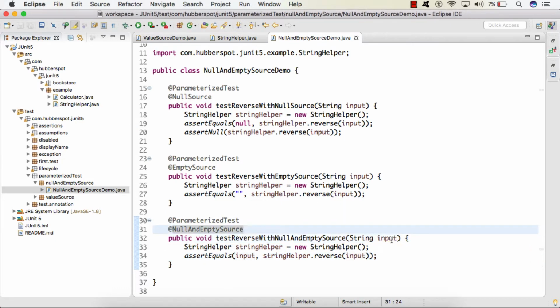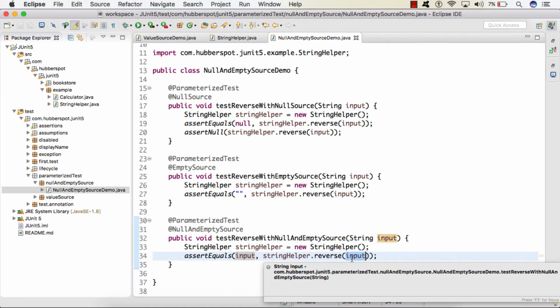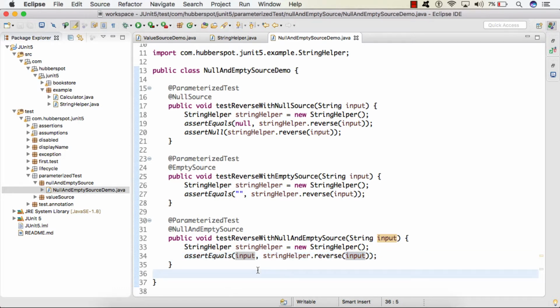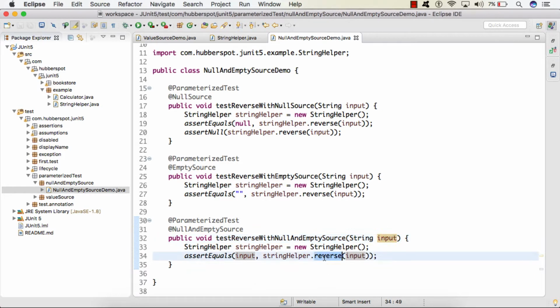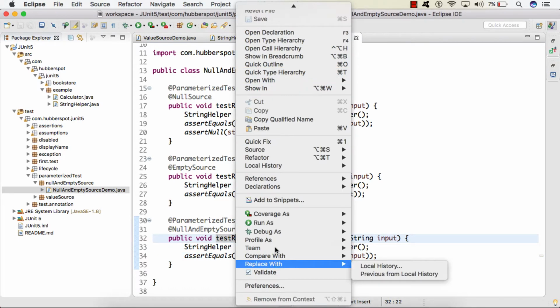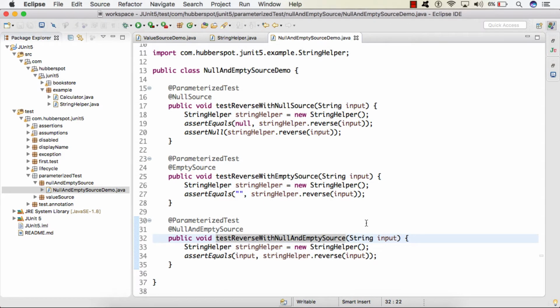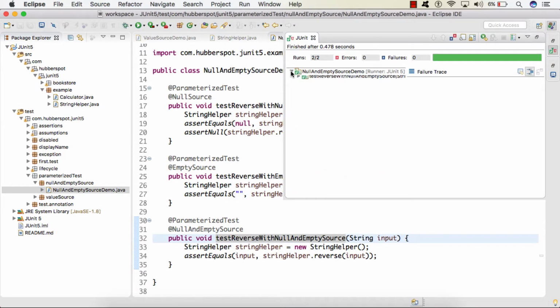So here when we pass our input as null to reverse, we'll get back a null value. So we are expecting it to be null. And when we pass an empty string to reverse, we are expecting an empty string back. So if I run the test case now, so here you can see the test case got executed successfully, and here you can see it ran twice. One it ran with a null value, and second it ran with an empty value.